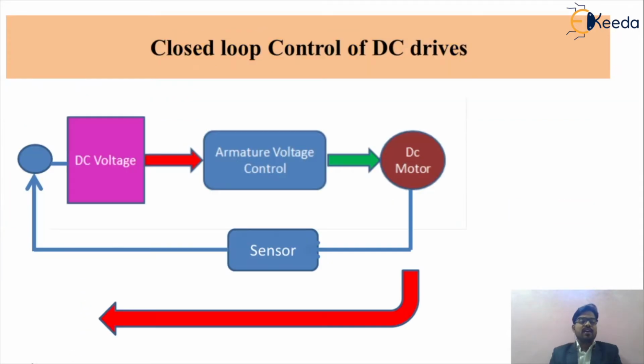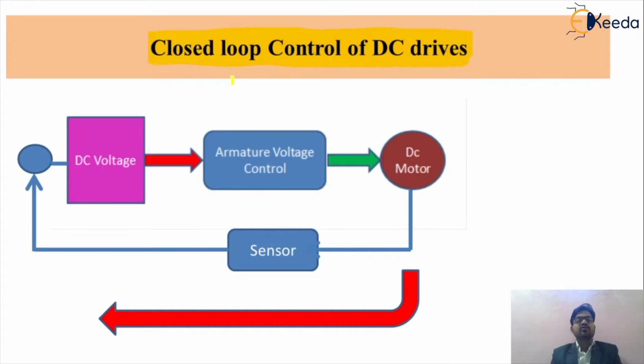So friends, after that, we can understand the example for our subject, and that example is the closed loop speed control technique of a DC drive, because previously we understood the open loop control system of the DC drive. Now we can understand the basic concept of the DC drive by means of the closed loop control system. So what will be the difference between the open loop control system and the closed loop control system?